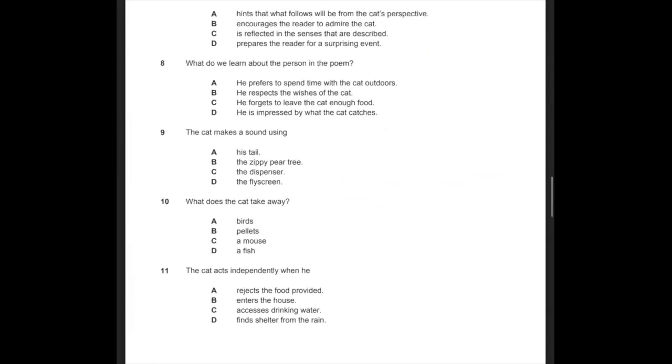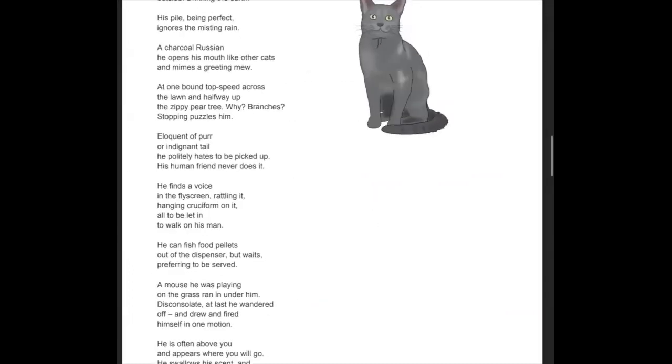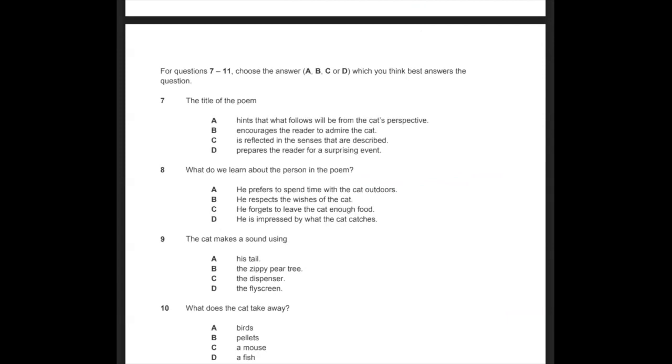Going through the questions, question 7, the title of the poem. Okay, so the title of this poem is Observing the Mute Cat. All right, there's 2 words there, right? Observing and mute, which give away the answer to this question. If you observe something, what does that mean? Observing means to look at something, right? The mute cat. Now, we call something that cannot talk or make noises mute, just like when you mute the TV, right? The mute button on your remote.